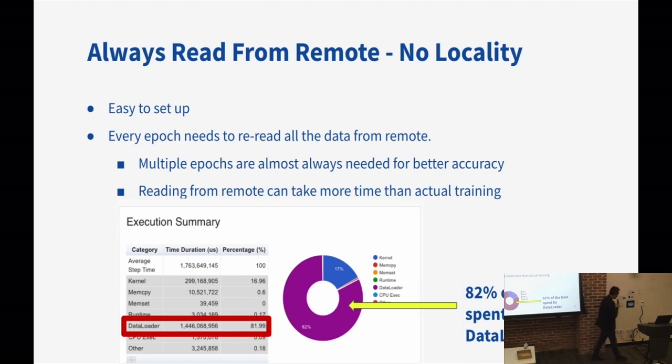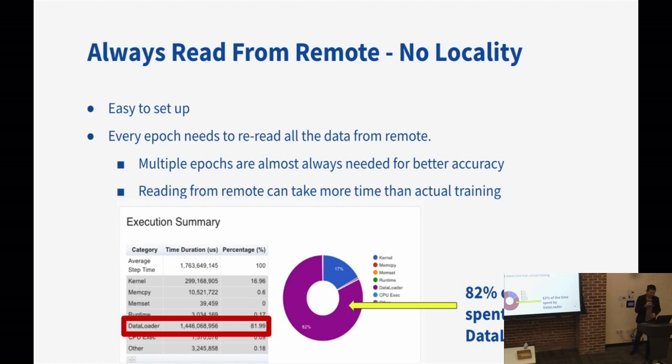So what does that mean? It means your very expensive GPU is just waiting there for your data loading. Right? More than 80% of the time is waiting. So if we can fix that, we can improve the utilization of our GPU at least 5 times.